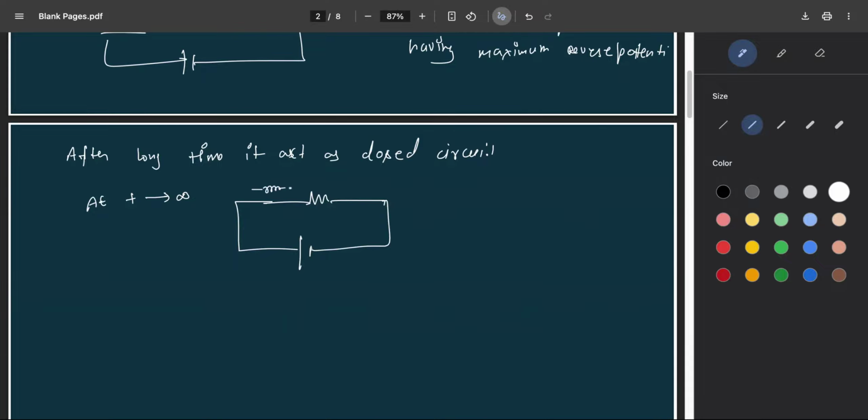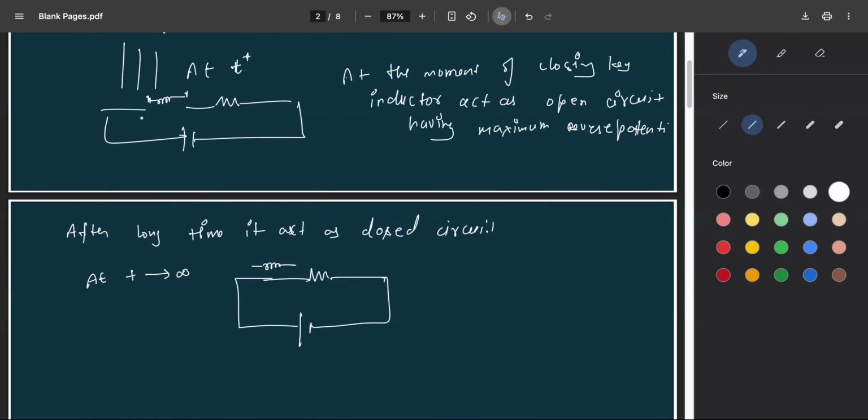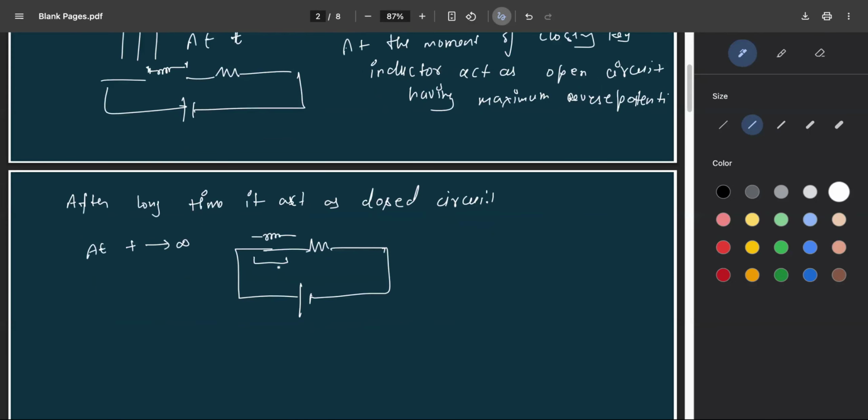okay? Here the inductor was there, and it is acting as a closed circuit. This is acting as an open circuit, and here it is acting as a closed circuit. Clear? Understood, Kirtna, this part? Yes. So those are the two results you need to remember,